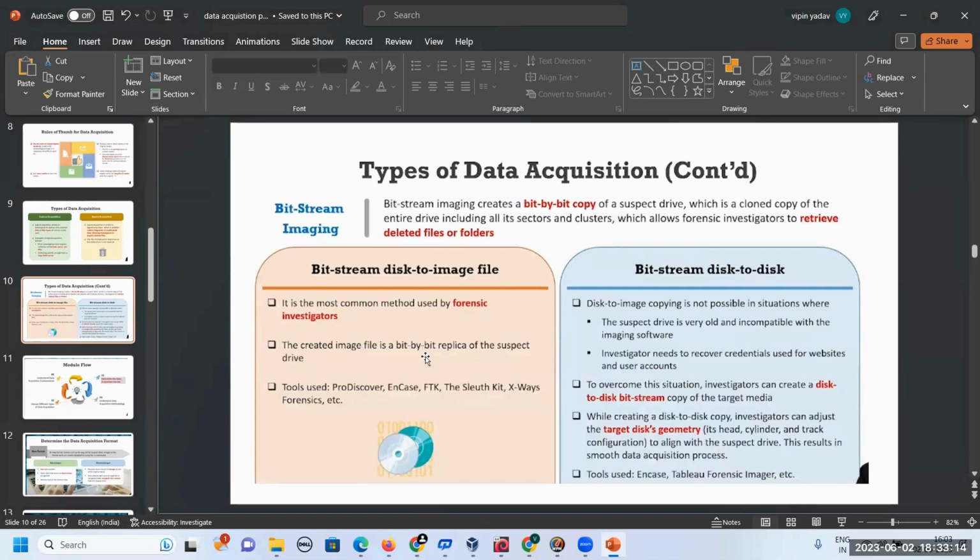Disk to image is completely simple, as we are making an image of some disk. Using tools like ProDiscover, FTK and others, we can make an image of any disk. But if I talk about disk to disk,